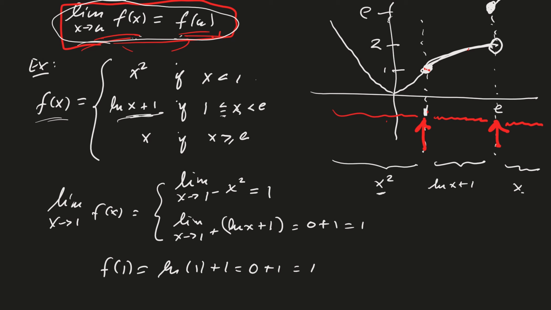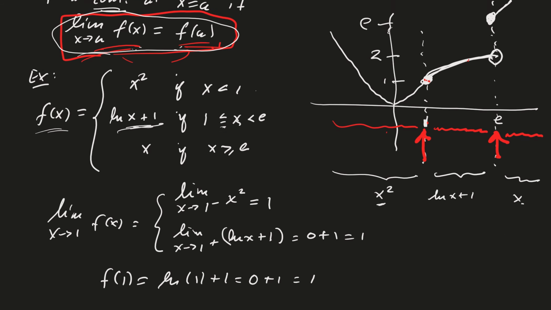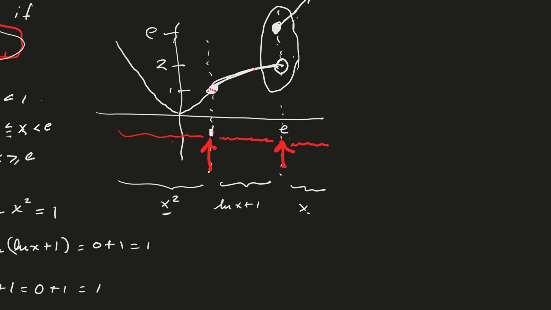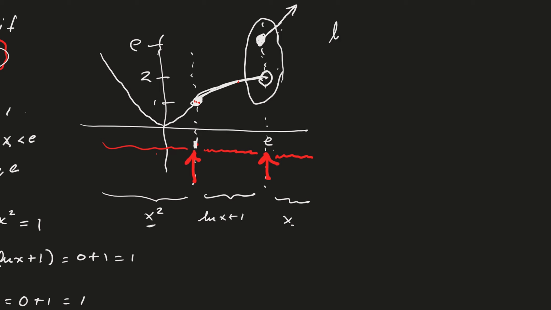Good. Now if you already see a picture, you already know it's going to fail for continuity. So what's going to happen at x equals e? At x equals e, you see that the limit will not exist. And why will the limit not exist? Let's go ahead and maybe move this way. So now the limit as x approaches e from the left of f of x is the natural log of x plus 1. And so that's the natural log of e plus 1, which is 1 plus 1,